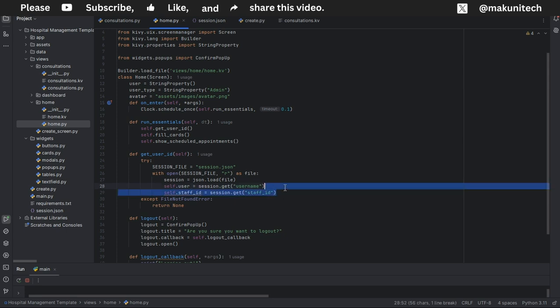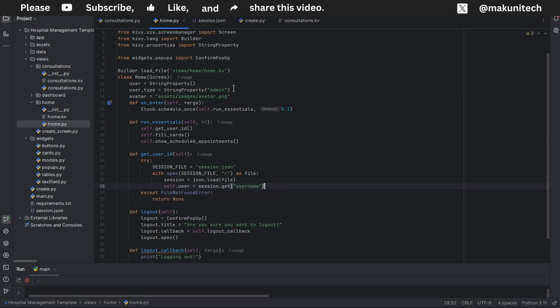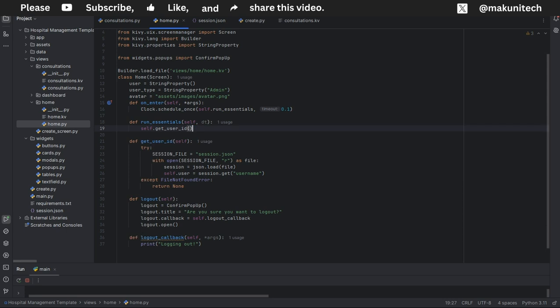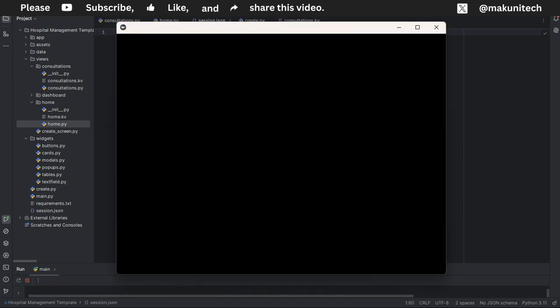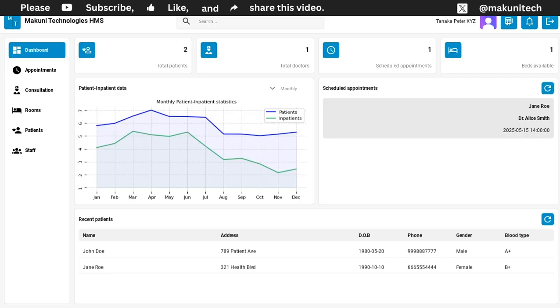So we're not gonna need this one. Are we gonna need this one? I doubt it. So let me get rid of these other information here. These are the functions. Let's see. So it's the same here. So let me just say Tanaka Peter XYZ. Okay, so now we're getting our information from our JSON,